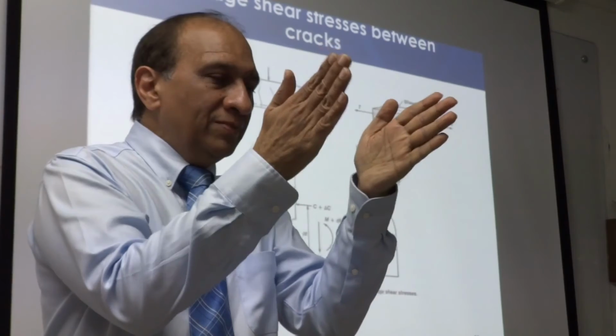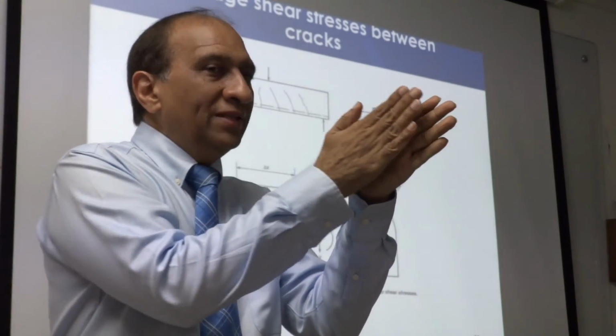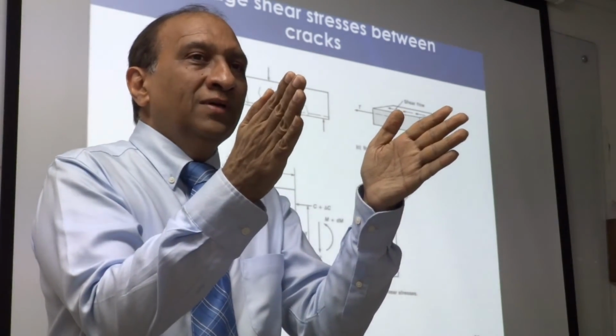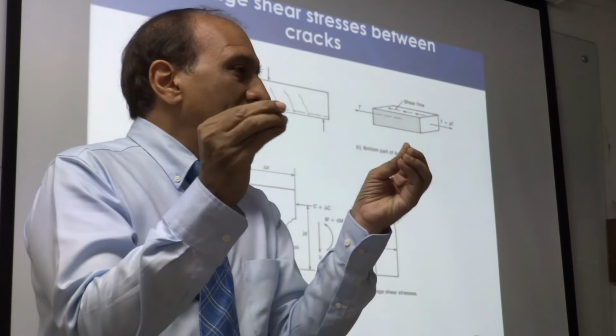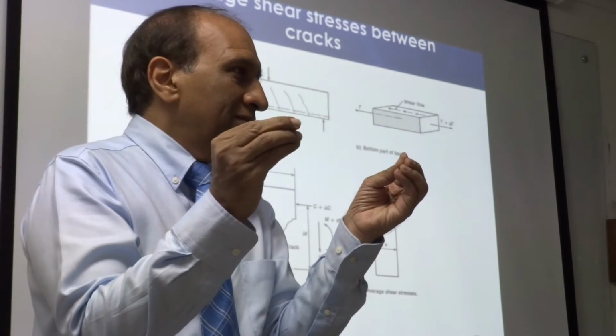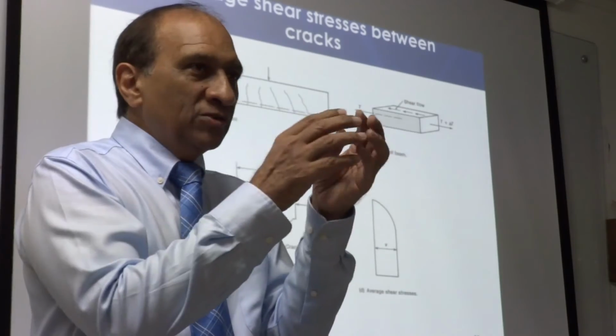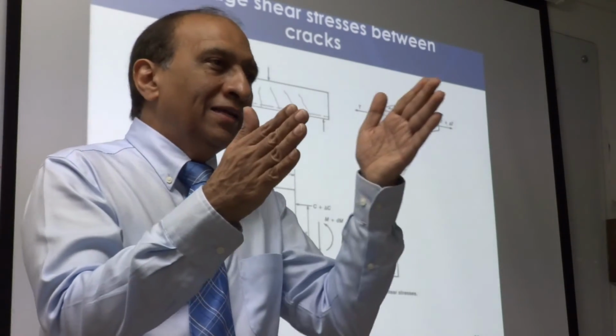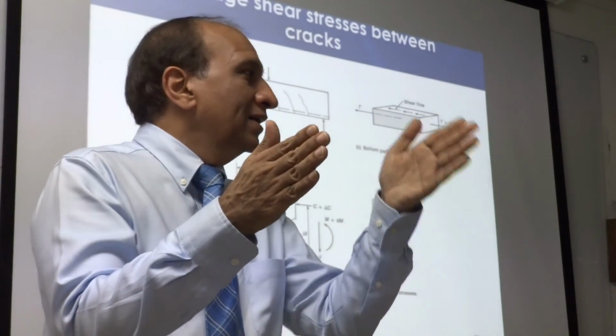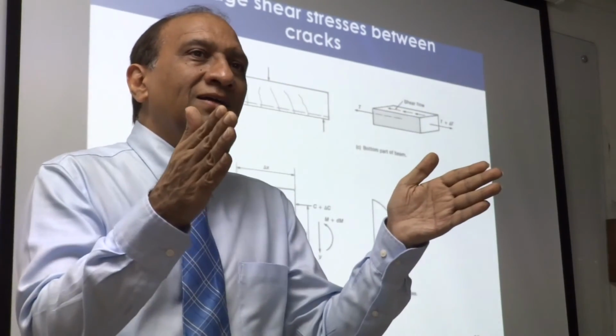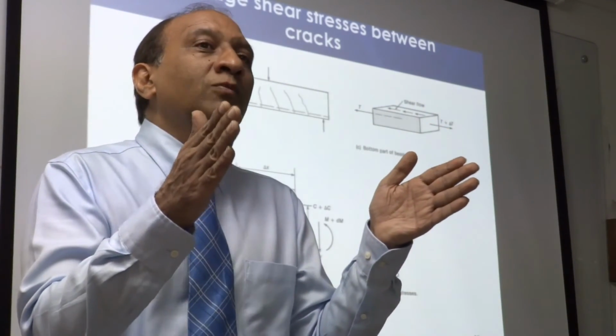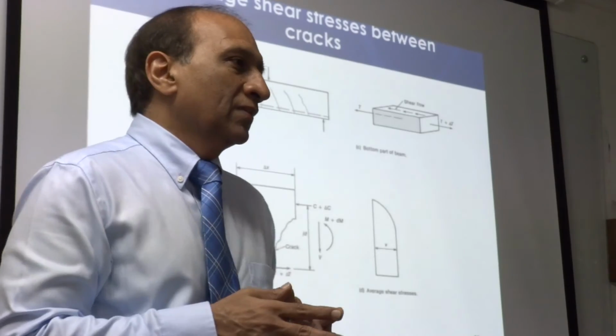So the stress is in between because these are weak points. Between the cracks, the stress becomes nearly uniform, equal to the capacity of the stress at the crack. It's obvious, right? If the stress is high, it will develop a crack, and then again the next time it's high, it will develop another crack. In between the cracks, the stress is normally almost constant, equal to the capacity of the